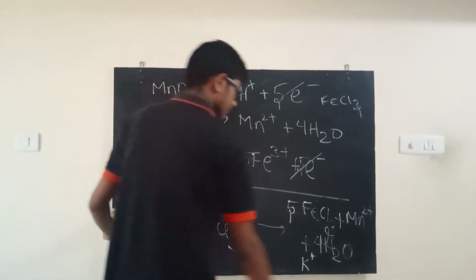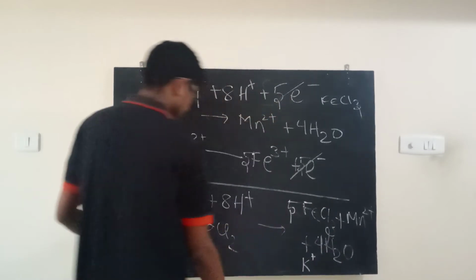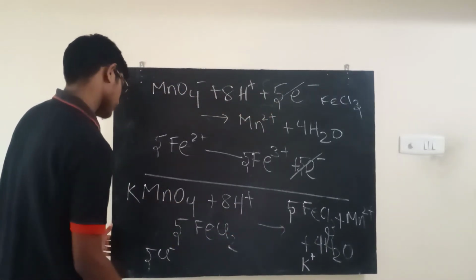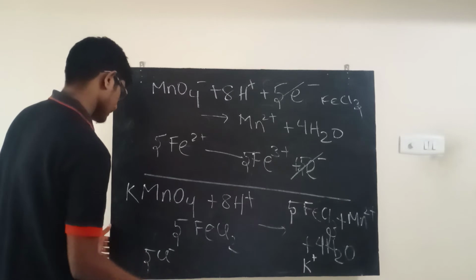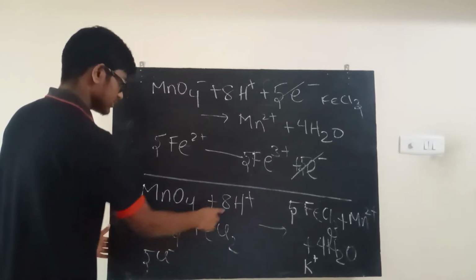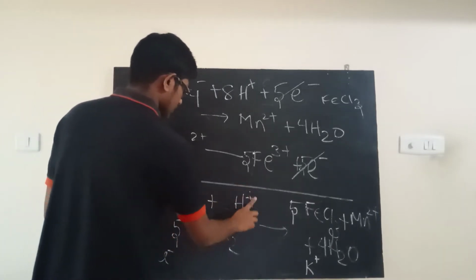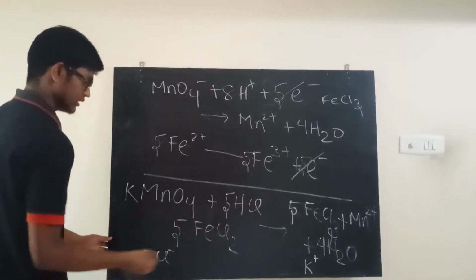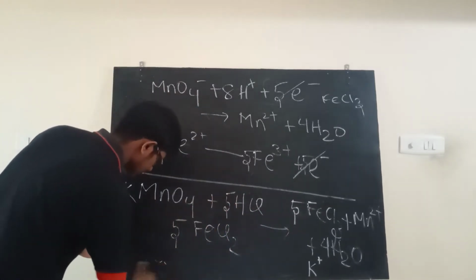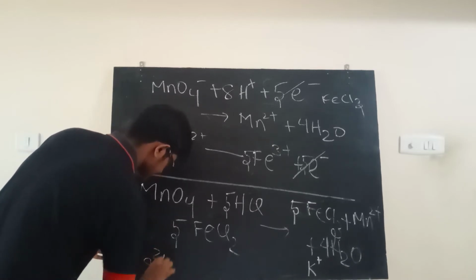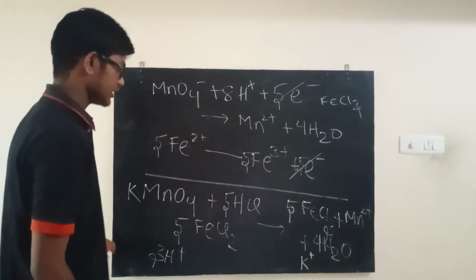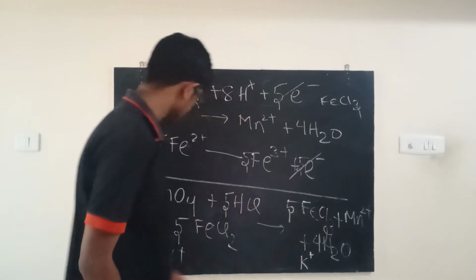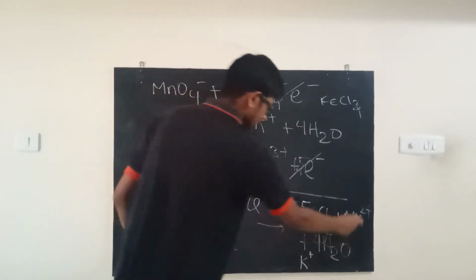Now note that you have an Mn2 plus and a K plus here, and you have 8 H plus here, right? So now what I can do is look at this and say, okay, maybe 5 Cl minus and 5 H plus will become HCl. So I can say 5 HCl, and I'll be left with 3 H plus, right? I had 8 H plus, so I'm left with 3 H plus. So I have 3 H plus, Mn2 plus and a K plus. You can see that I have 3 positive charges here and 3 positive charges here.